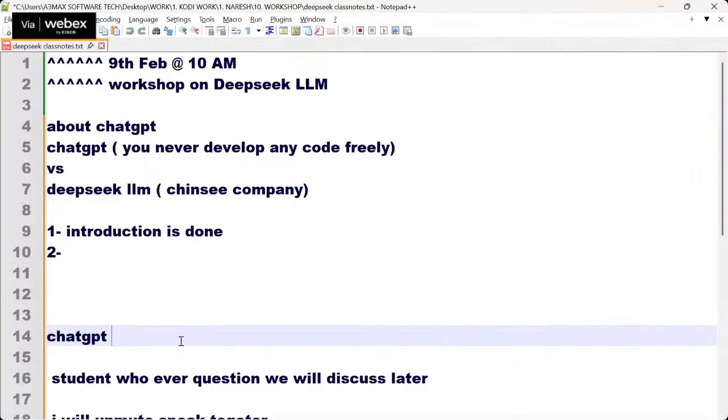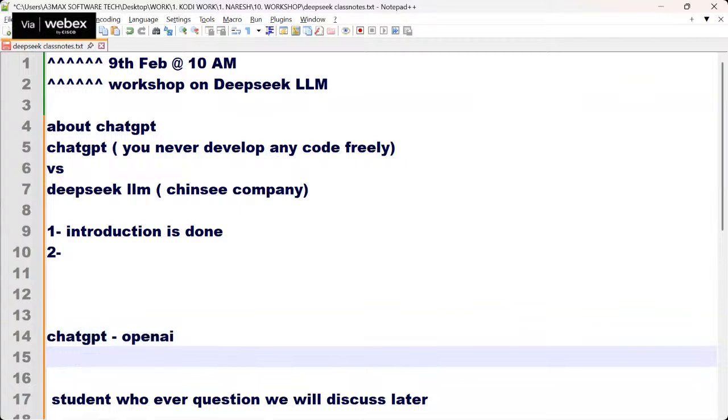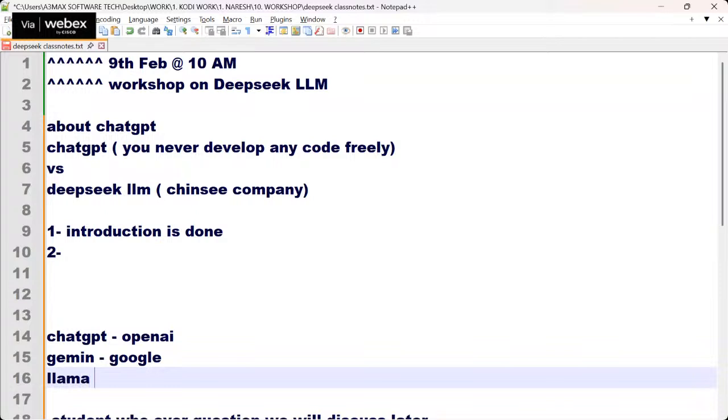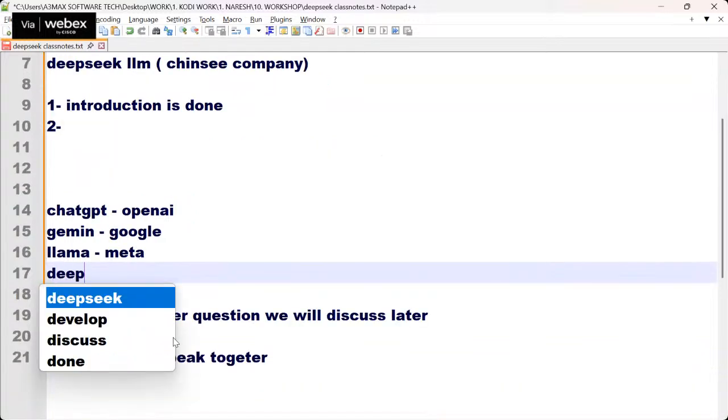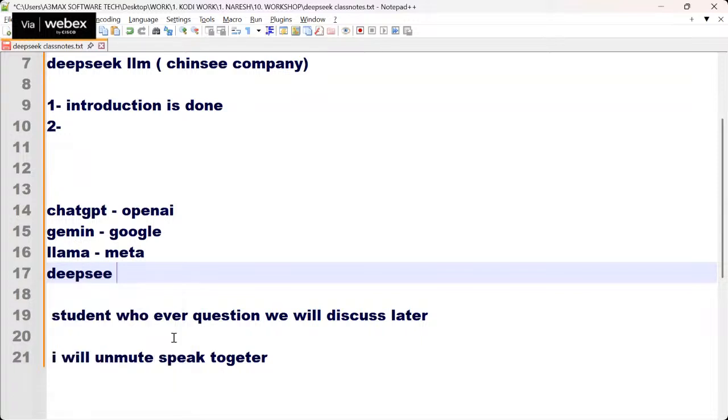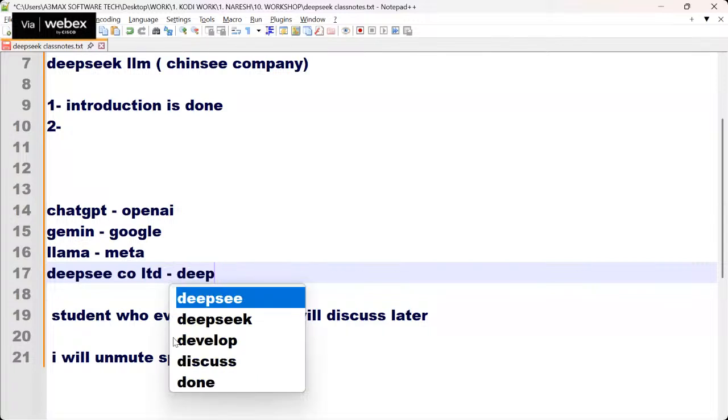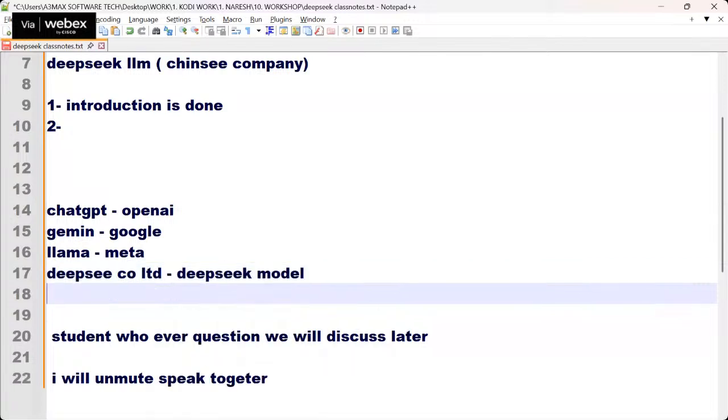Next one. So here, ChatGPT is done by OpenAI, Gemini by Google, Llama by Meta, and DeepSeek Co Limited is a company that created the DeepSeek model, and next one, Anthropic. Anthropic has done Claude.